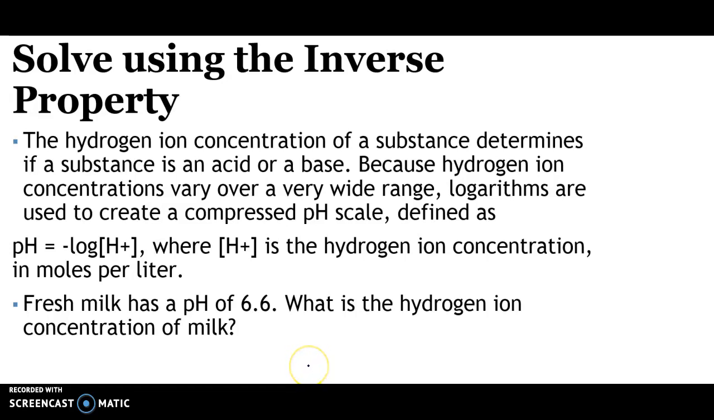We saw that same concept when we were working with the intensity of sound, that logarithms were used to create the decibel scale. So we have a formula right here where we are told that pH is equal to negative log of the hydrogen plus ion concentration. And that hydrogen plus ion concentration is measured in moles per liter. We are told fresh milk has a pH of 6.6, and we're asked what is the hydrogen ion concentration of